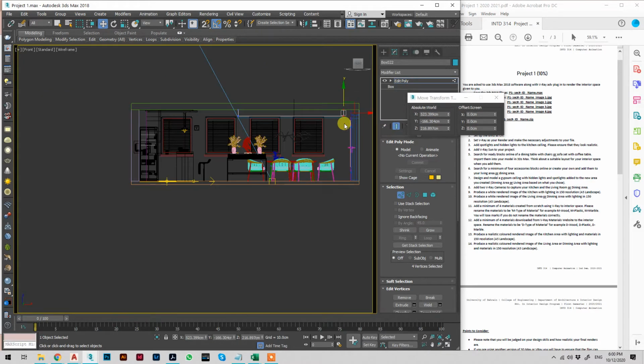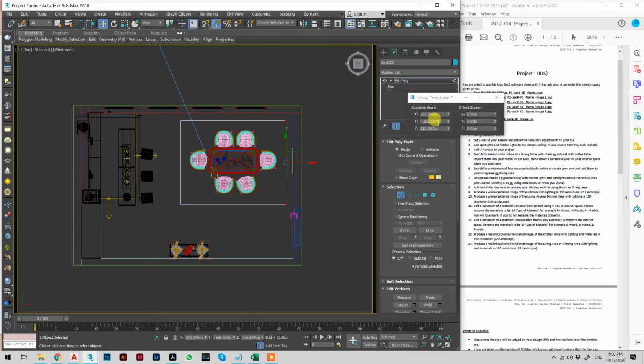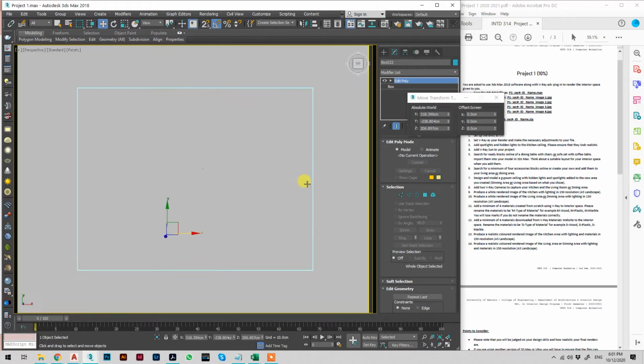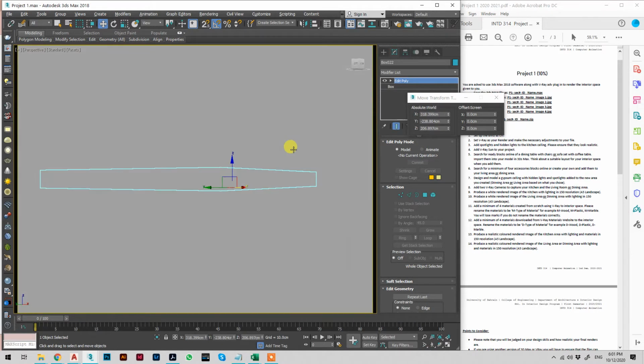From this side, let's see it on the top view so it will be more clear. And the x-axis, I will take it minus 15. From this side again, y-axis minus 15. From here, x-axis 15, and from this side also 15. So this is just to ensure that all the dimensions are correct. I will click here on Edit Poly. Now if I click on P, F3 and Z, I can see that I have